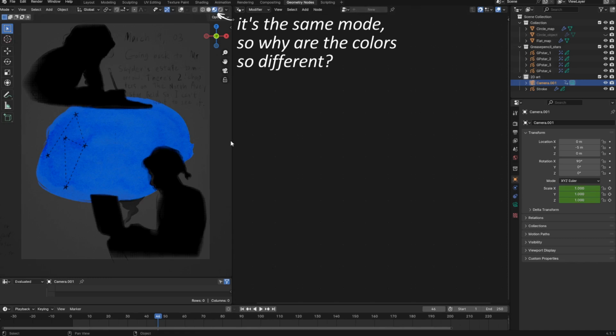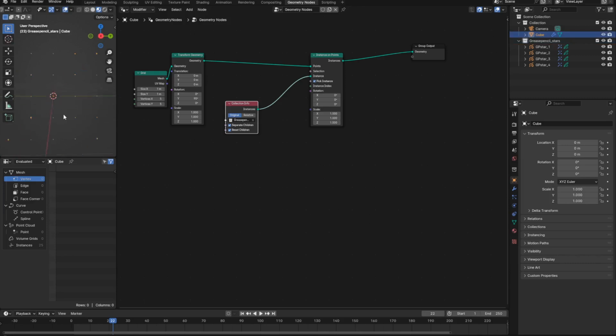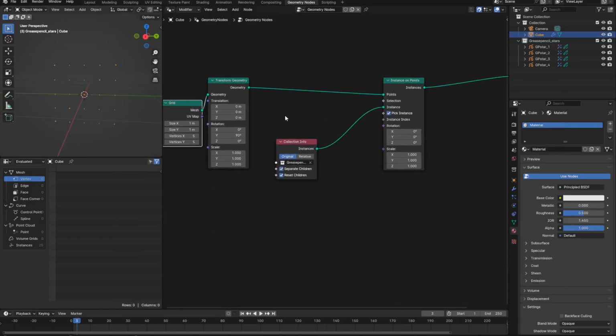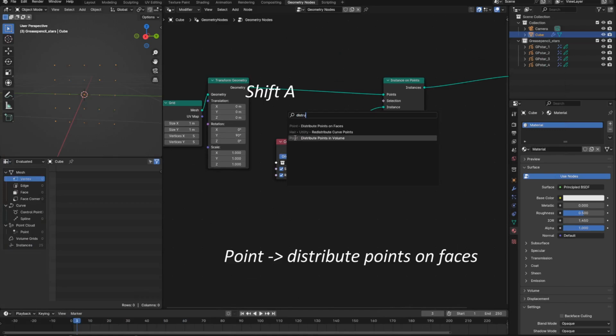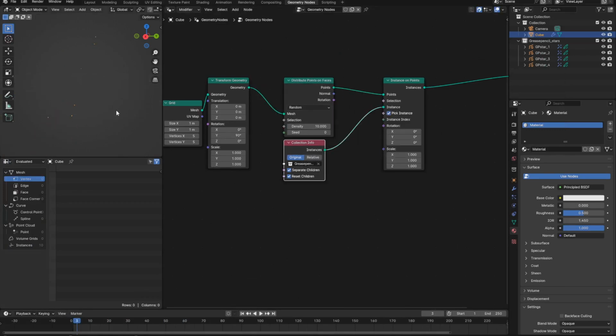I'd be very grateful. Next up, to scatter these stars more randomly along my grid, I added the Distribute Points on Faces node. So the distribution is not based on the vertex count of the grid, like was my initial instinct, like I tried, but it's based on the size of the grid. So basically I could increase the amount of stars by increasing the density value of this node. So this is looking really cool. It desperately needs more randomization, but that will come later on with more stars.